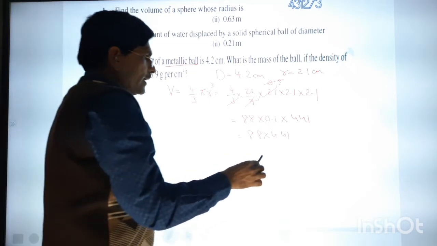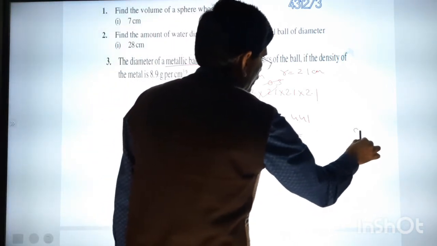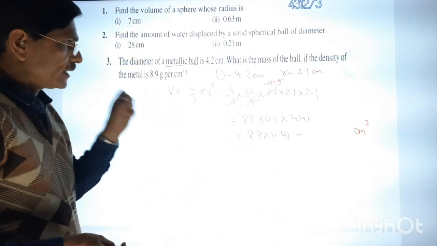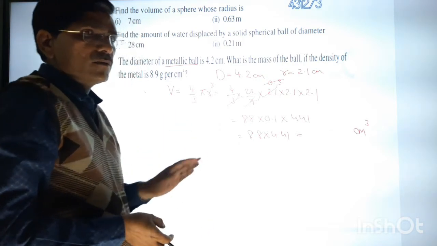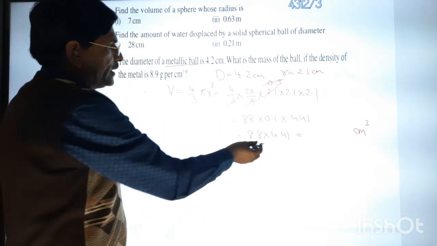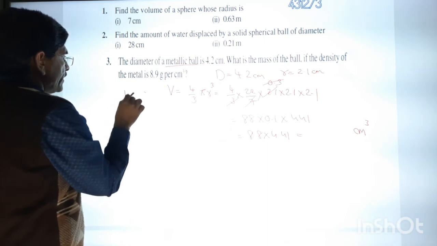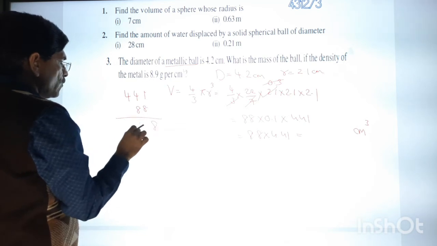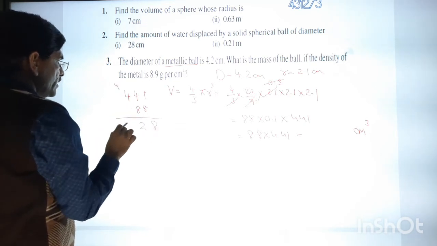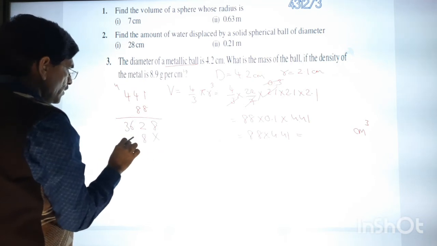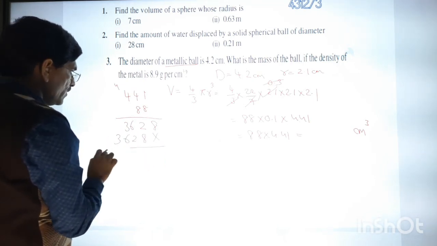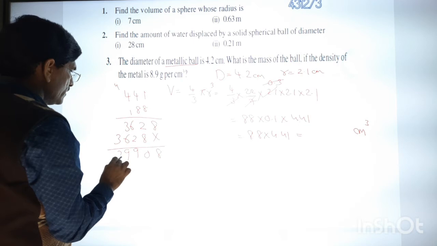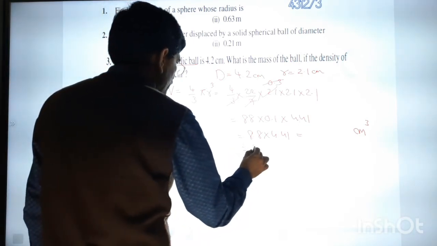Why? Because whatever answer you get here, that is centimeter cube. So now we have to convert centimeter cube into kg, when we are converting into a gram. So 88 into 441, I am multiplying it here. 8 into 8, 8 4s are 32, 4 8s are 32, 6. Now again I have to write 8, 2, 6, 3. Now if I do 8, 10, 1, 9, 9, 3. So we can get the answer